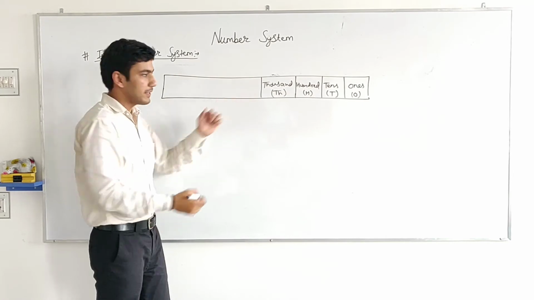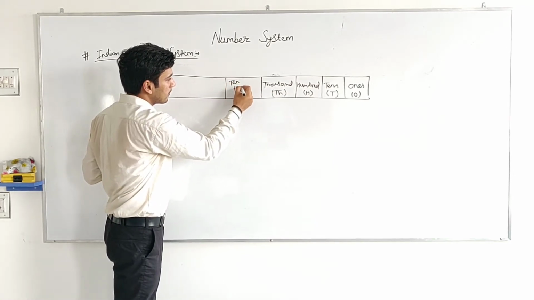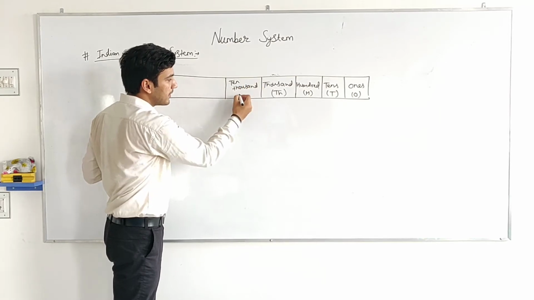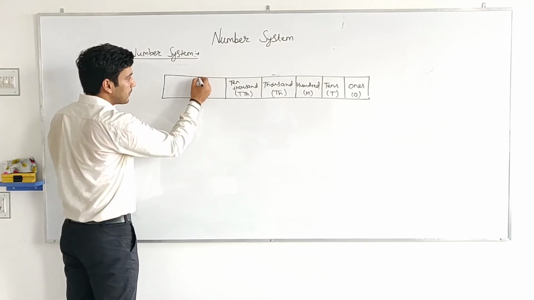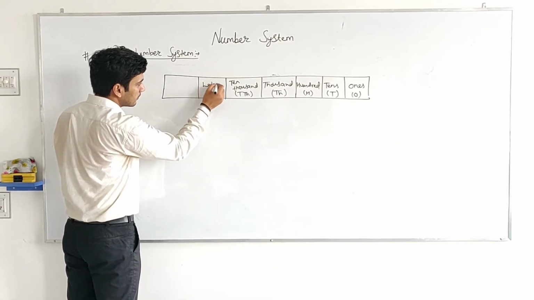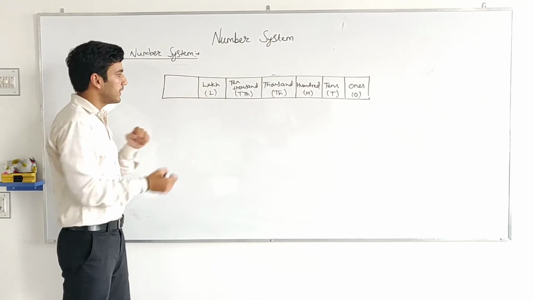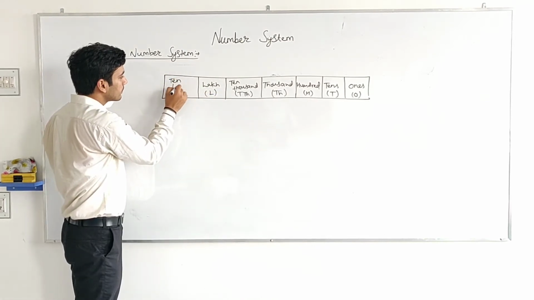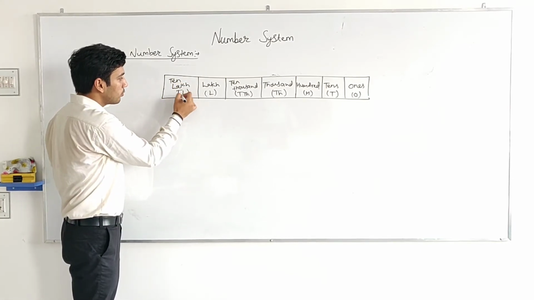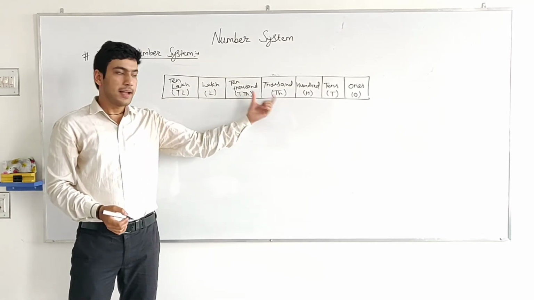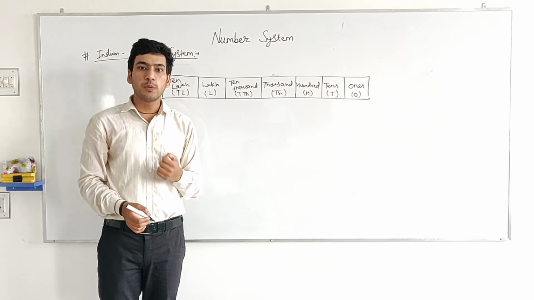Next, 10,000 place, symbol is TTH. Next, lakh place, symbol is L. And last, 10 lakh place, symbol is TL. Now these are the 7 places, and in this system these 7 places are grouped in 3